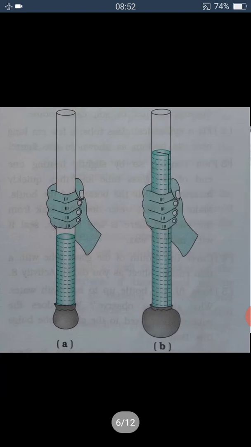Now, next we can study about atmospheric pressure. What is meant by atmosphere? First of all, we can see. You know that there is air all around us. This envelope of air is known as the atmosphere. That is, the envelope of air that surrounds us is called the atmosphere.